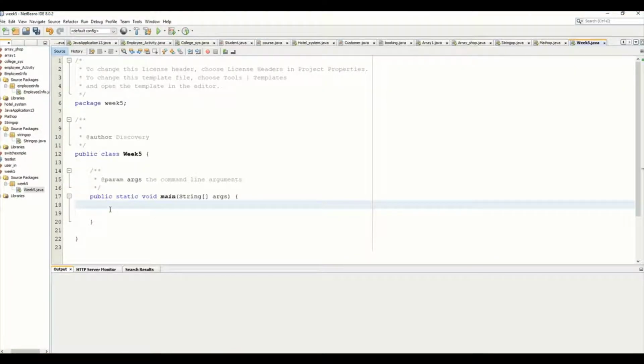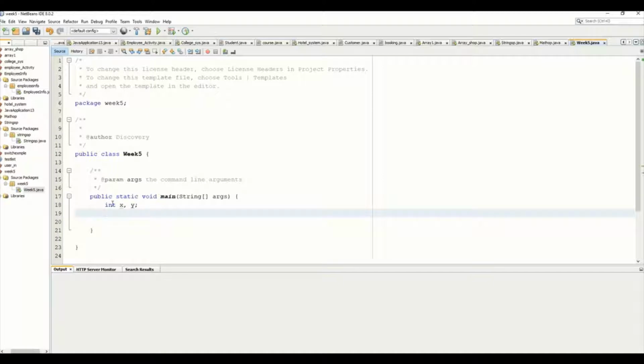Alright, in this example, we'll demonstrate how to create a user-defined method. Now we have a class, which is the main class, which contains the main method. So let's say that in a normal program we try to add two numbers together. I could identify the two numbers x and y, for example, and I could say integer